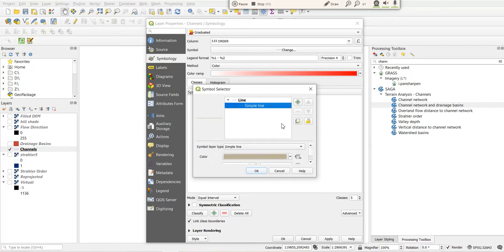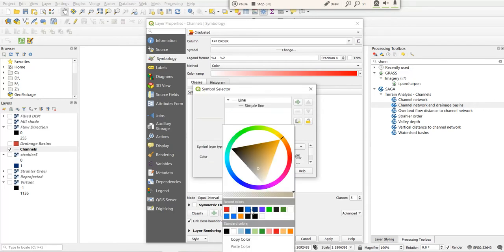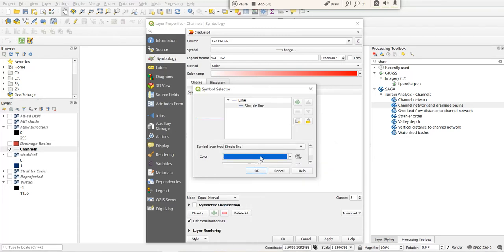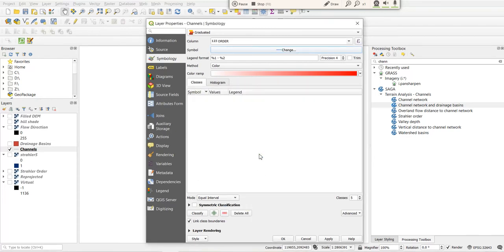Let's change the color, let's say blue. For precision, let's take one, because it will take more time if I take high precision.